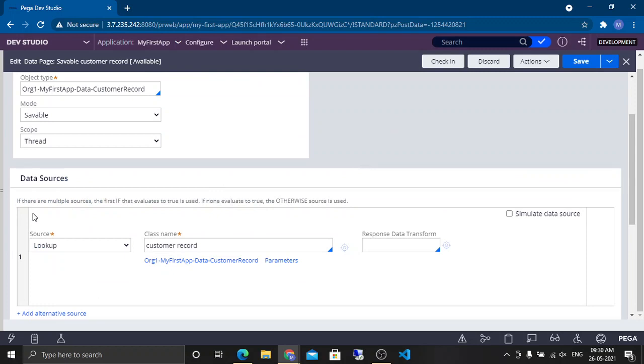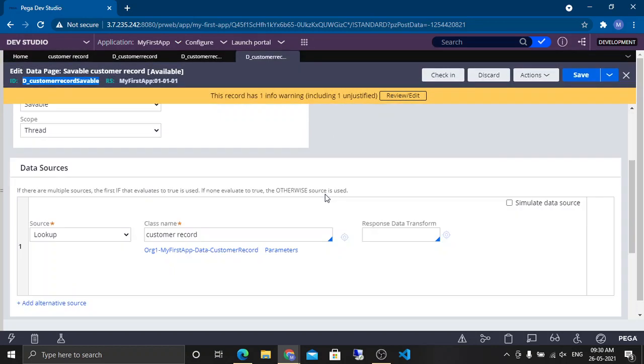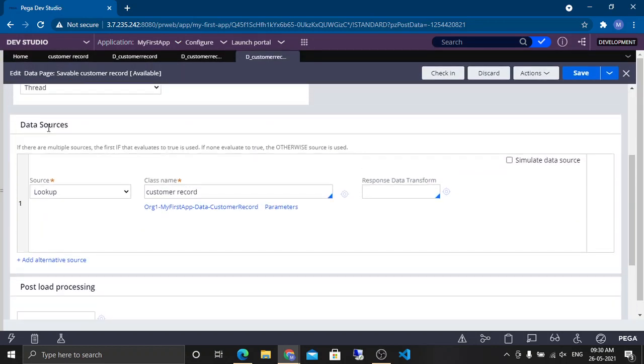Okay, so you see, this data source column is still there. What will happen is when you reference this data page, Pega will see how to get the data first of all on this data page. For that, I've kept lookup. I will pass the primary key and it will get me data. After that, if I want to put some manipulation after loading the data on the data page, I will configure one response data transform.